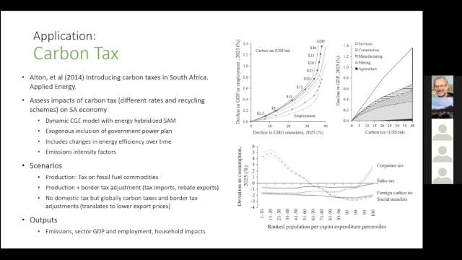There were 3 scenarios that were looked at: a tax on fossil fuel commodities, which was called the production scenario. Then there was one that added to the production scenario by including border tax adjustments. And then there was one that looked at the impact of South Africa doing nothing but the rest of the world implementing carbon taxes and border tax adjustments, and the implications that this would have. In terms of outputs, the key outputs from the paper were emissions, sector GDP and employment, and also household impacts. I'm not going to go into the full details of the paper,